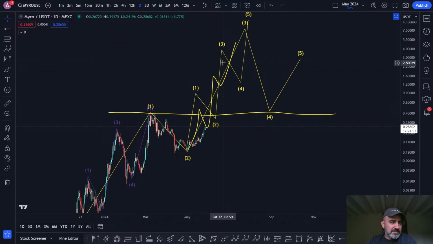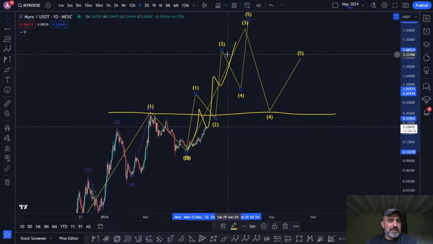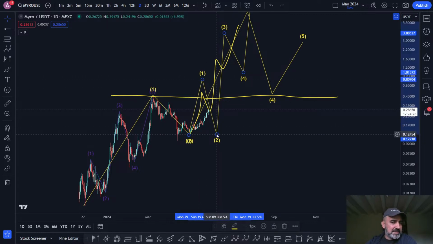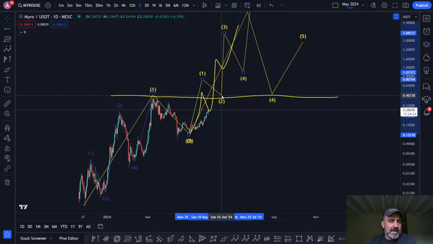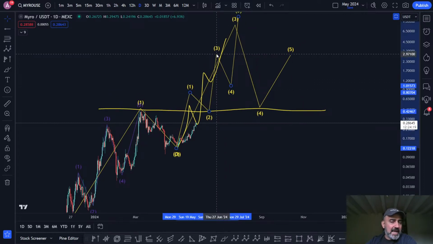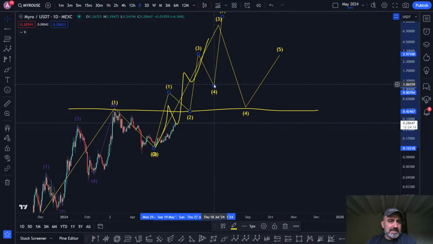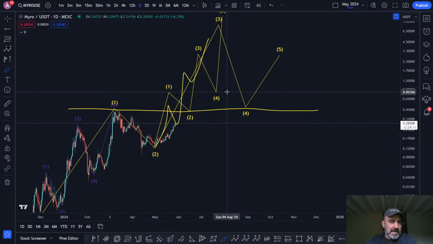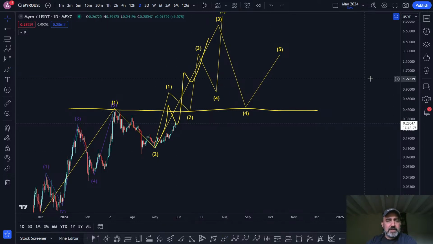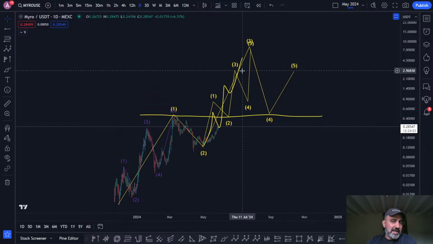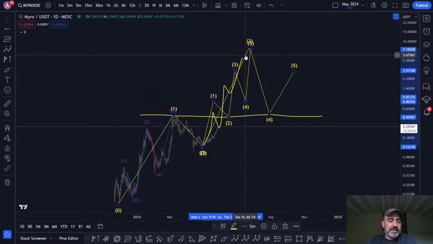Now, these subsets, these waves, all have to follow exactly the same rules. So in the same way, when you impulse, the 2 can't come underneath the 0 point, same rules. The 3 can't be the shortest, it has to be at least the second biggest. And exactly the same thing, the 4 can't come underneath the 1. You can apply that continuously. That would be your third wave, a combination of 5 waves. You can count these, that's why they're so useful.